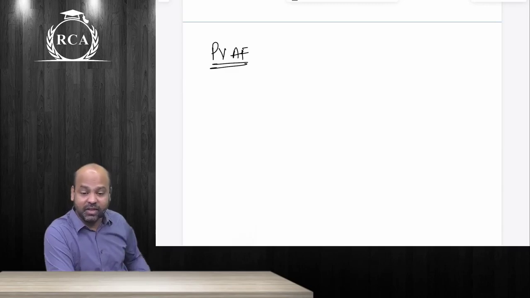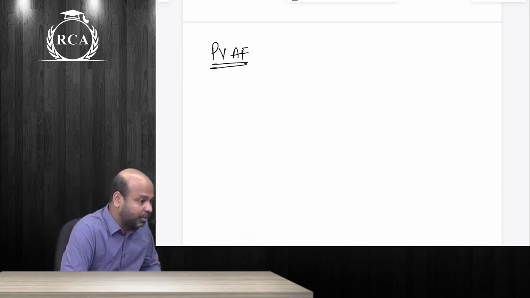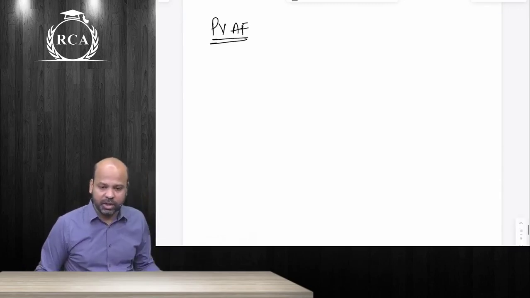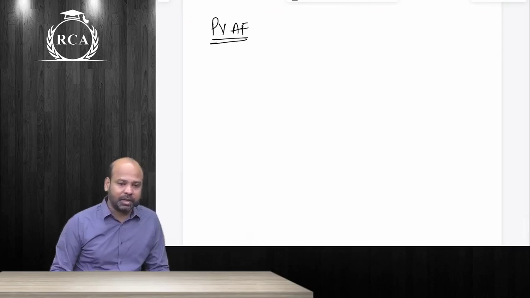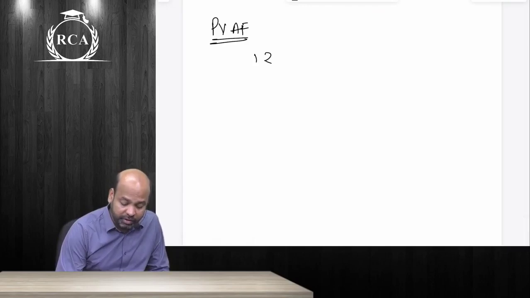Annuity, guys, is a series of cash flows where the cash flow remains constant and the time gap also remains constant. You should receive the same amount of money and the time gap beta between those sums of money also should remain constant. So if you were to receive 1 rupee every year, beta, say for the next 4 years.